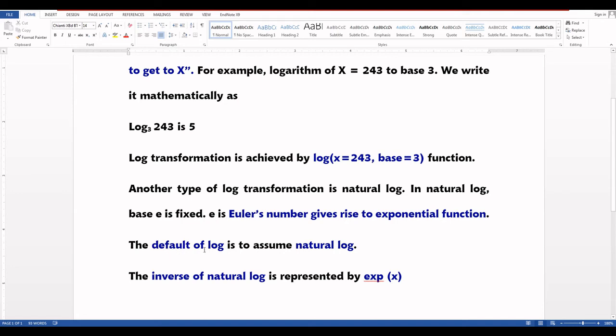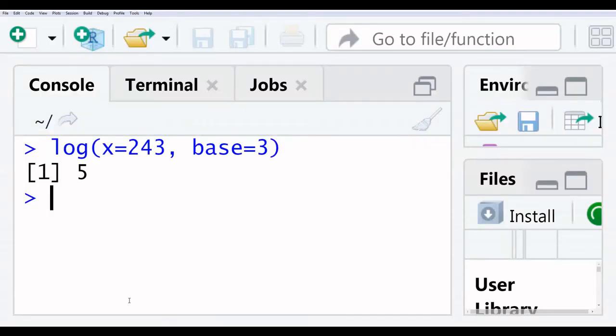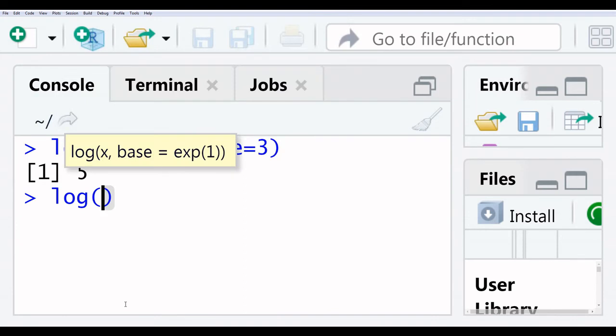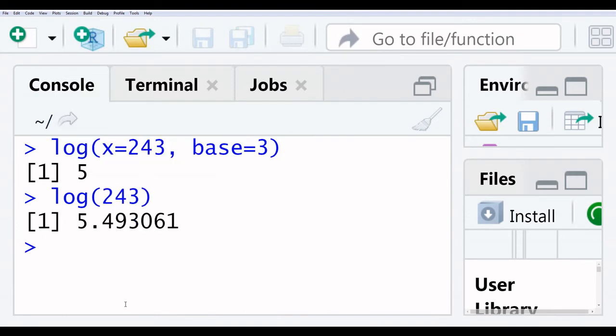In RStudio, if you simply write log, by default it is programmed with e. Log 243. So this is the answer of log 243, because this simple log function has base e. This is the default setting in RStudio.